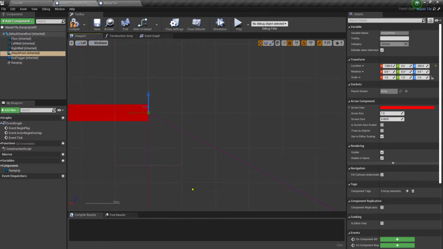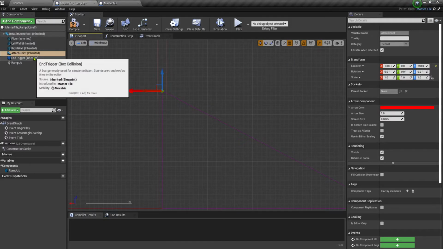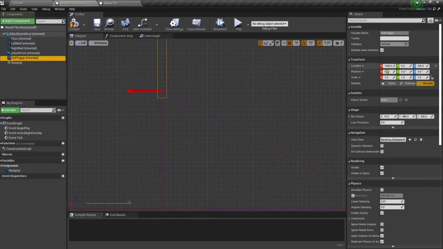So I believe that should do it there. Our attach point's new X location should be 1300, and its Z location should be 250. And our end trigger, if you click that, you should have a new X location of 1300 and a Z location of